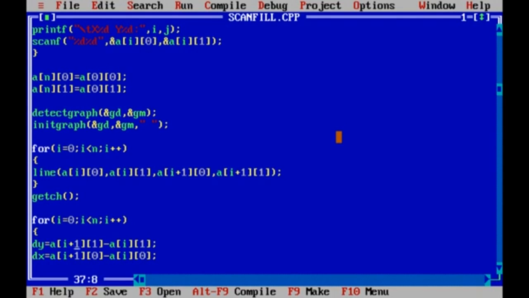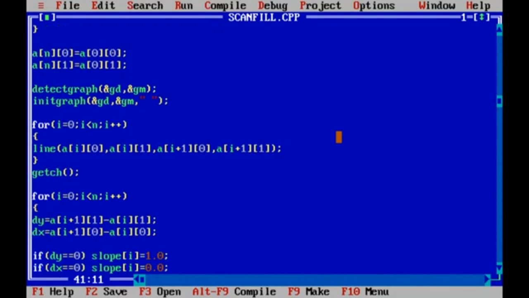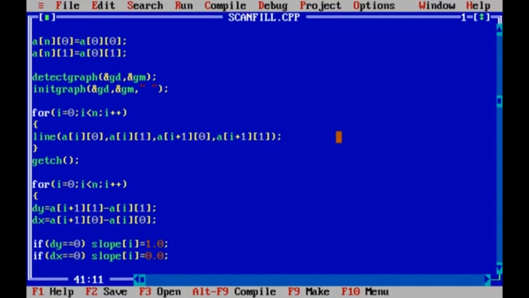Again, I'm taking a getch, and here is another for loop, where we are going to initialize the values of dy and dx. So dy is a of i plus 1 of 1 minus a of i of 1, and dx is a of i plus 1 of 0 minus a of i of 0.